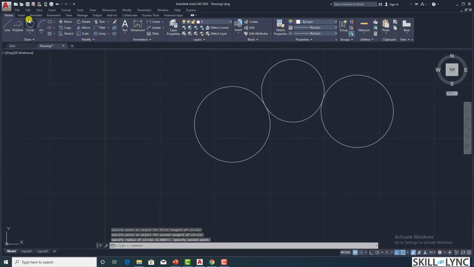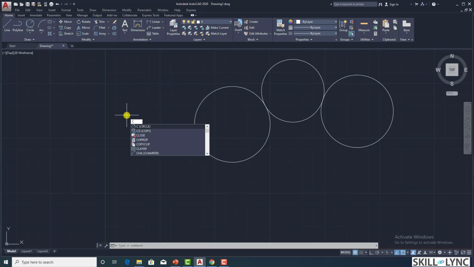Okay, so this is a graphical way of doing it, but I can replicate the same faster by using a command. So I'm just entering the command C, typing on the keyboard. It is directly prompted down here, and clicking on it opens the circle command. And down here you can notice what is the next input AutoCAD expects the user to feed. It says circle, specify center point for the circle, or you can enter any one of the respective options.